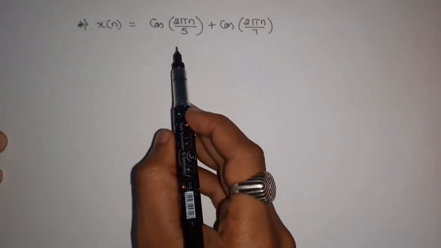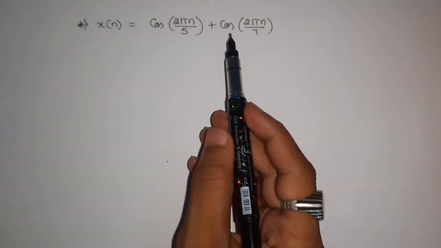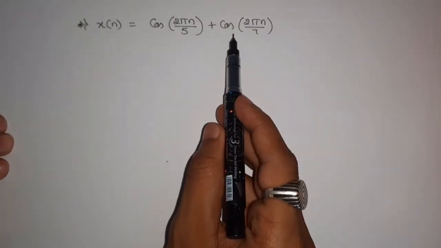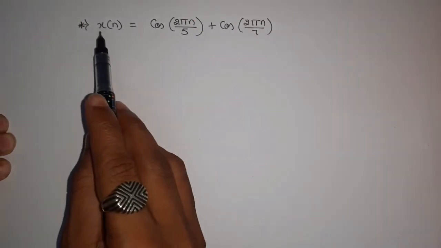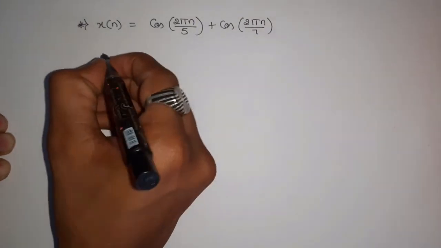And here we are having two discrete time signals summing with each other. The first signal is cos 2 pi n by 5 and the second signal is cos 2 pi n by 7. Since the signal is comprehensive of two signals, we can write it as